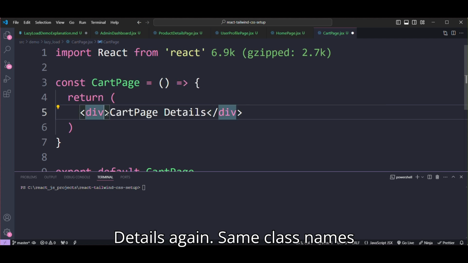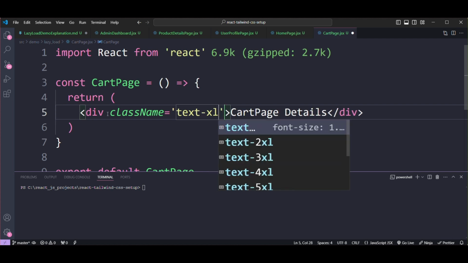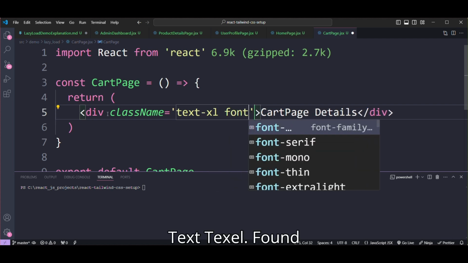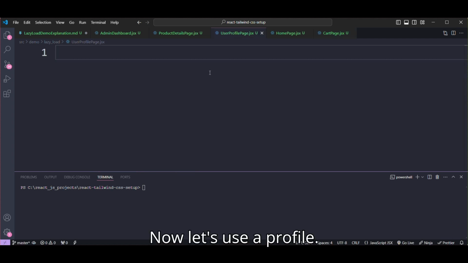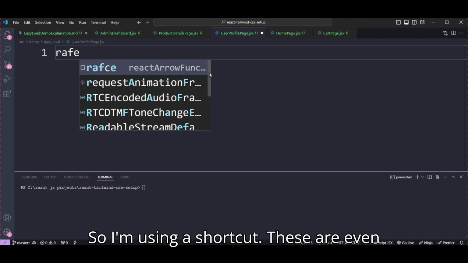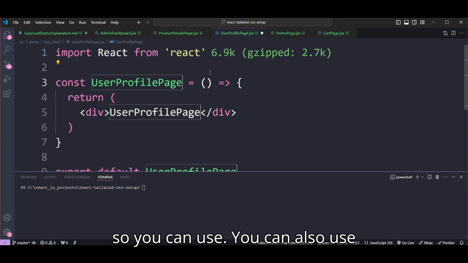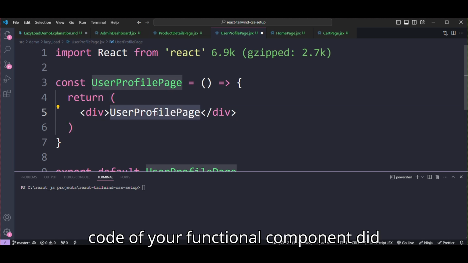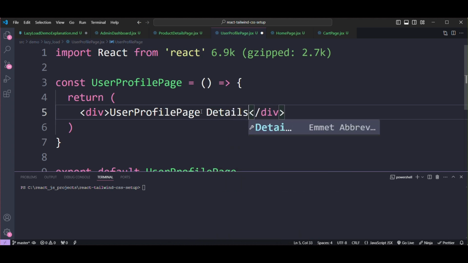Again, same class names here for styles, text-xl, font-semibold. Now let's do user profile. I'm using a shortcut. These are shortcuts to create a functional component. You can also use extensions to create the boilerplate code of your functional component in React. Okay, user profile page details,